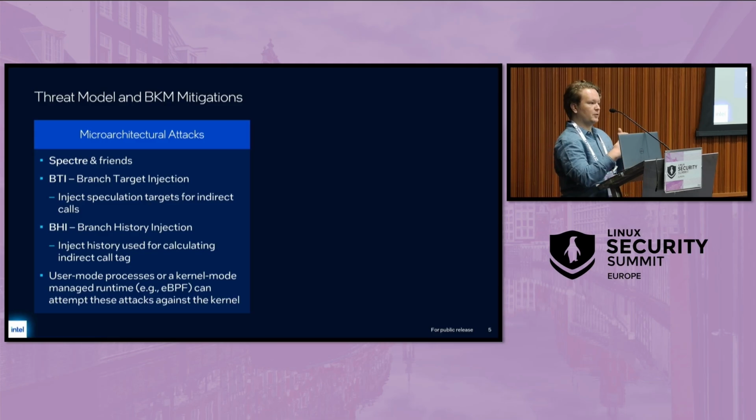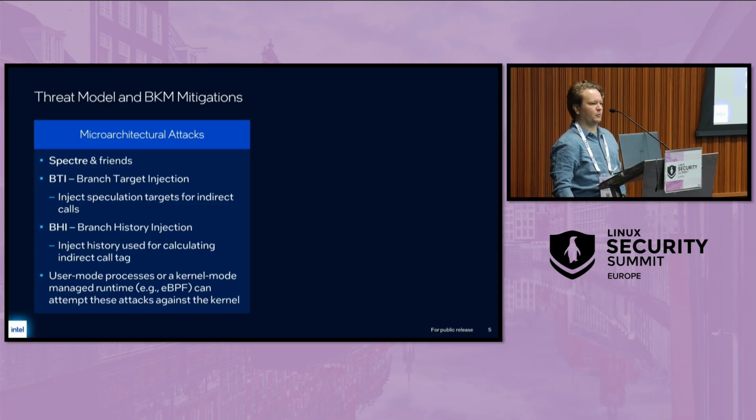So someone trains the branch predictor to target a certain so-called gadget that does whatever the attacker wants to do, and then they exfiltrate it through some kind of cache attack, for example. I'll go a bit more into detail of this in a bit. Of course, there's multiple variants. Like this one, for example, was mitigated with some things that we'll talk about in a bit. Then some people came up with some new variants of Spectre that can bypass the mitigations,